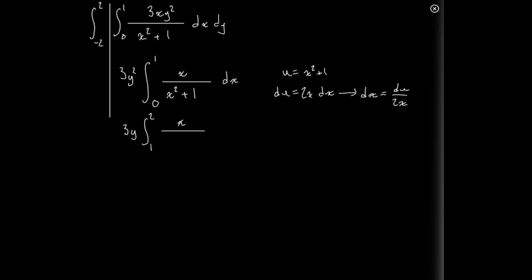So x over u, right? Because we substituted this whole part for u. Well, we're going to substitute dx for this. So du over 2x. Great. Okay, so if we had any x's left over here, that would be a problem because we're doing integration with respect to u, not with respect to x. So our goal of doing U substitution is to get rid of all of the x's. And lucky for us, they both cancel out in this case, leaving us with